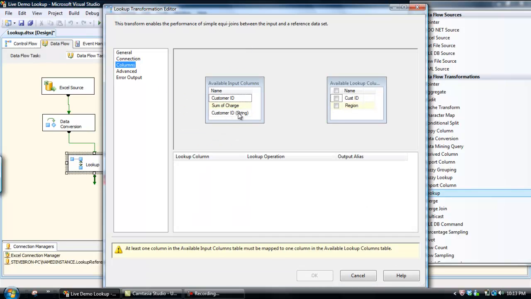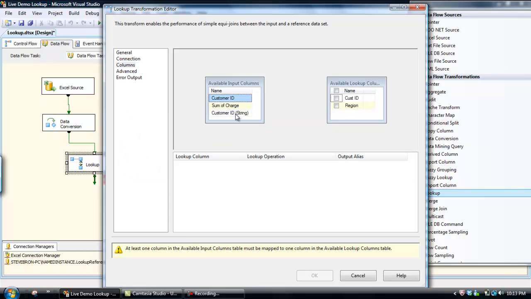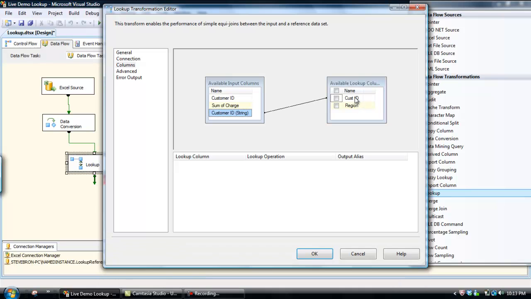Now what we have to do is define what is the link between the two data sets. So as I mentioned before, the original customer ID doesn't link to the customer ID because Excel actually turned it into a numeric data type. So that's what this error message is saying here. So what I did was convert it to a string, and that matches the string format in the lookup data set. So I've got a match there, and what we're going to do is say we're going to pull region